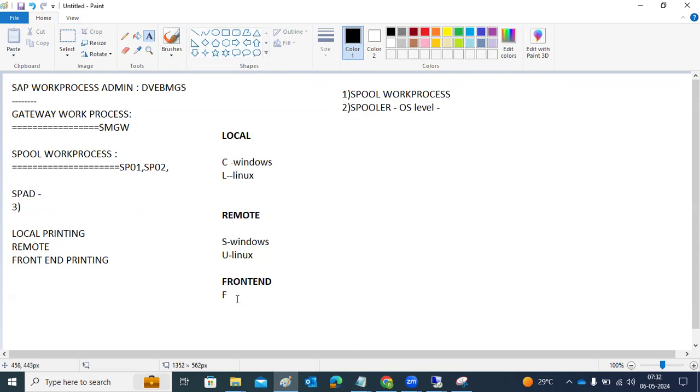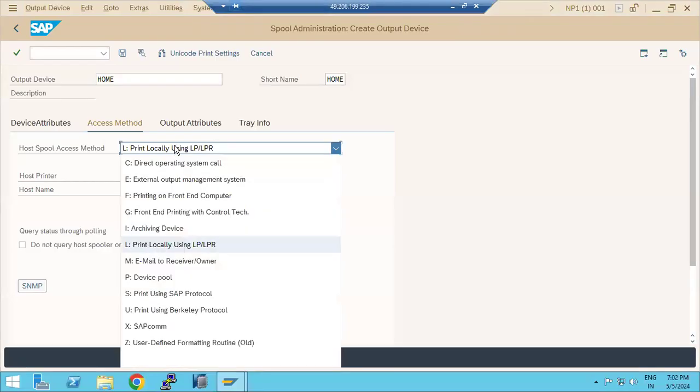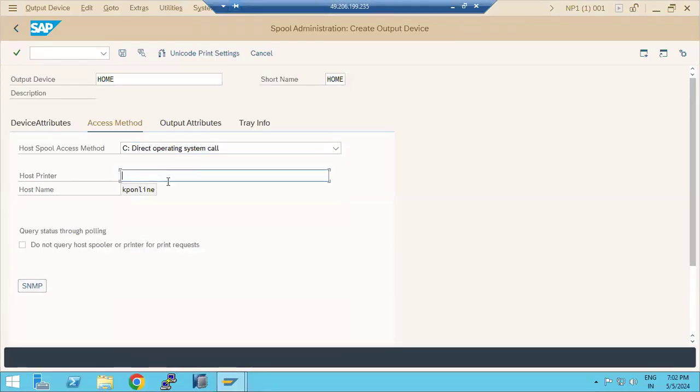So front end means front end. Now we got the difference, right? Local, remote and front end. So now let's try it. In our case both are in the same operating system, so we can choose it here. Who is the host printer here? Our host printer, I can give our IP details here,